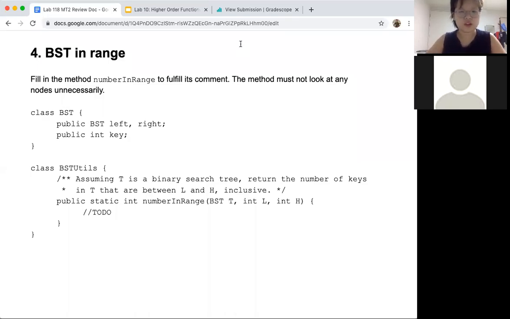All right, so this is question 4. It's going to be testing a specific function for binary search trees, which you learned about in lab 13. So basically, you have this provided class, which has left and right BST subtrees, and then you also have an int key. And this key is going to be basically the item at the root of your current BST, whether that BST is your entire BST or a subtree